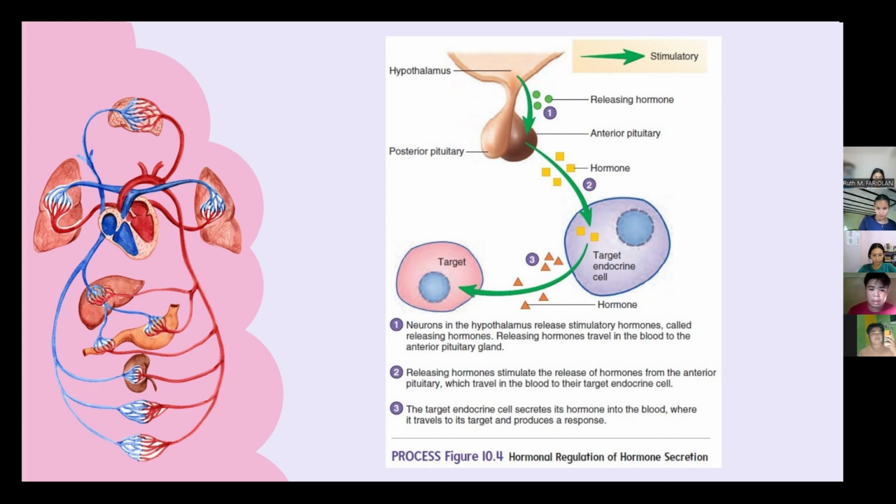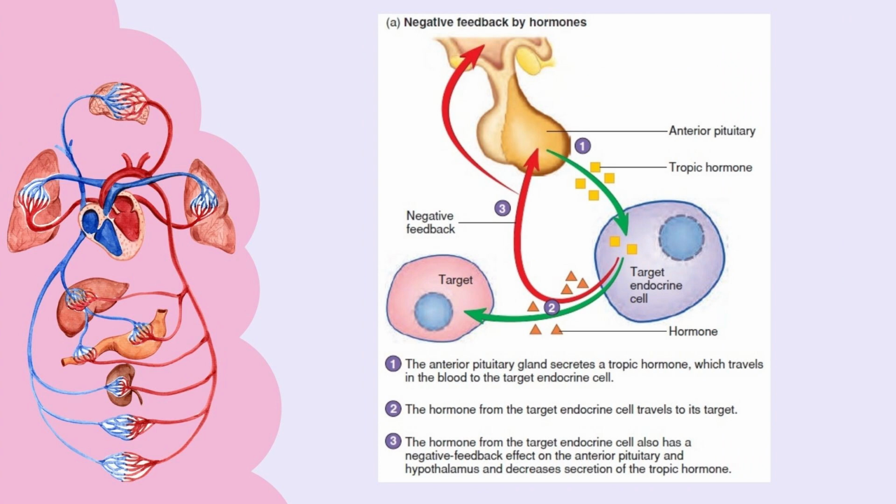So there are three types of control of hormone release: humoral, neural, and hormonal. In negative feedback, most hormones are regulated by a negative feedback mechanism, whereby the hormone secretion is inhibited by the hormone itself once blood levels have reached a certain point and there is adequate hormone to activate the target cell. It is a self-limiting system. For example, thyroid hormones inhibit the release of hormone from the hypothalamus and tropic hormone from the anterior pituitary.